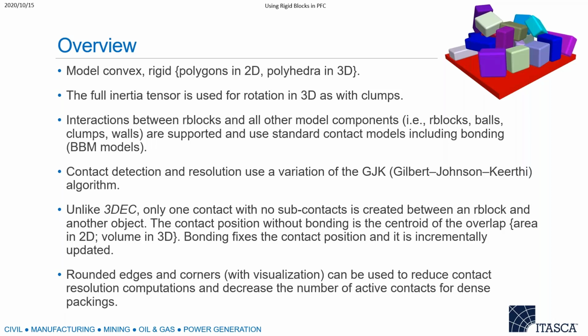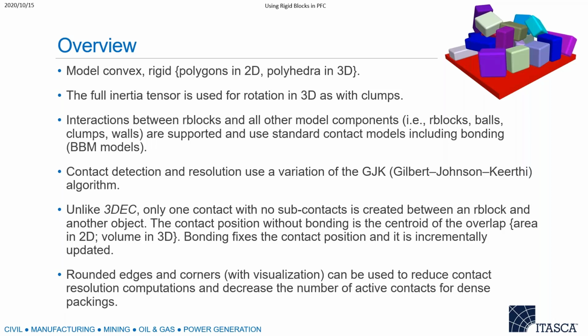And those rigid blocks can interact between each other or with other model components, just like balls, walls. And they can use all the contact models that are available in PFC, including the contact models that have a concept of bonding